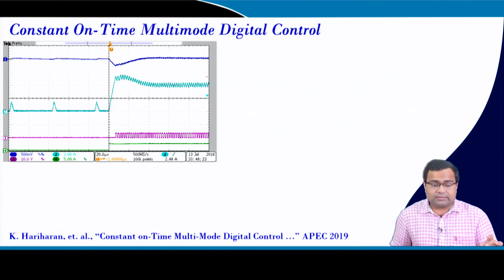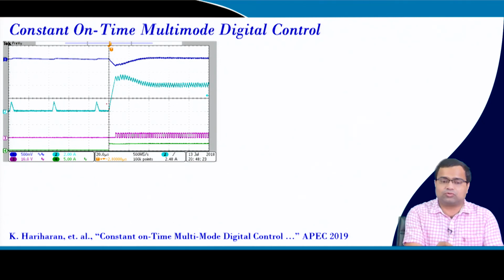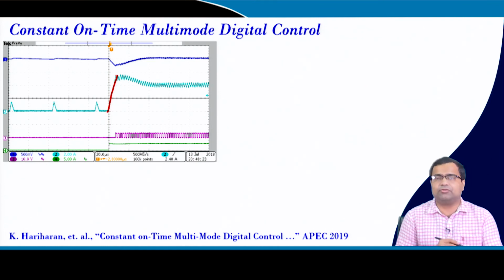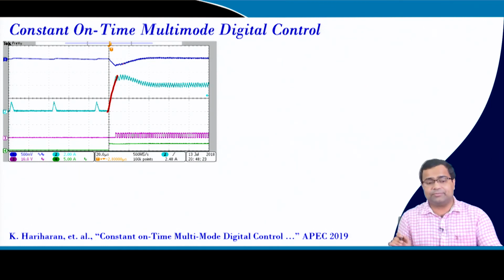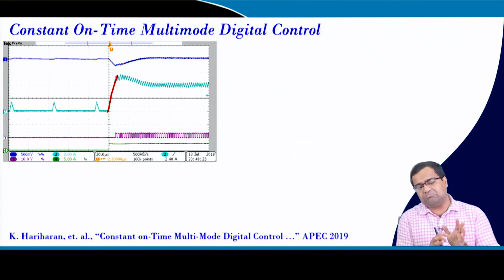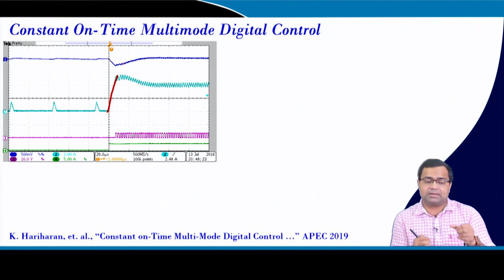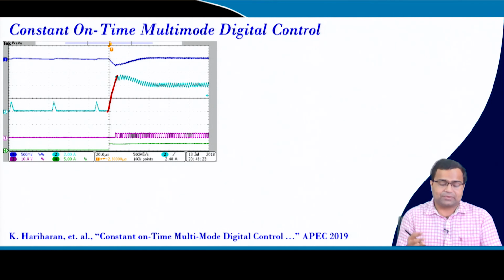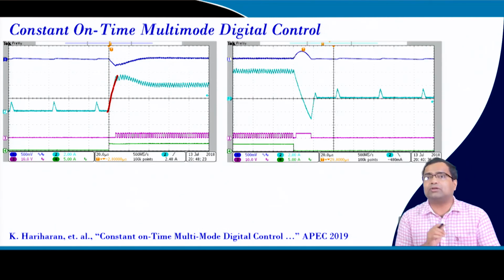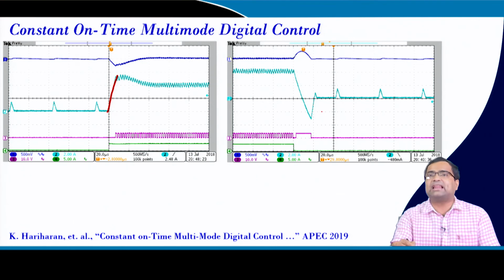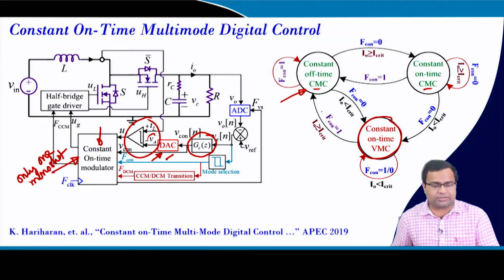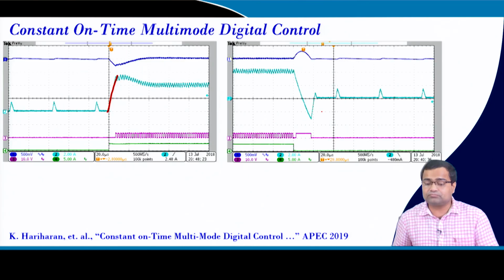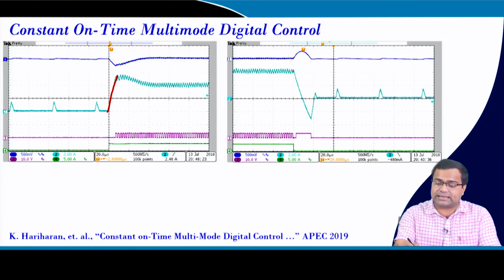And the transient response: when it goes from light load to high load, since we enable constant off time, the output rises almost without any problem. It is a boost converter, and we may not be able to increase the gain significantly because of the right half plane zero, and it is changing drastically from light load to high load. And when it goes from high load to light load, since it is a boost converter we can use a synchronous configuration. This is coming from constant off time to constant on time.